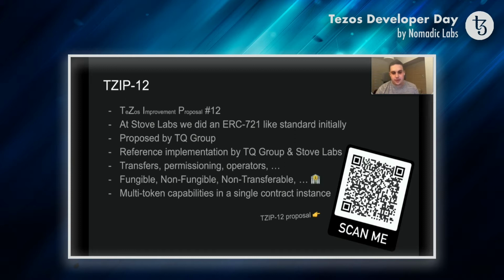Again, talking about token contracts. So initially, when we started working on the Tezos Hand, we built our own NFT token. We called it a standard, but it wasn't really a standard. It was inspired by ERC-721. As a follow-up from that, the natural next step was the TZIP12, or the Tezos Improvement Proposal number 12,